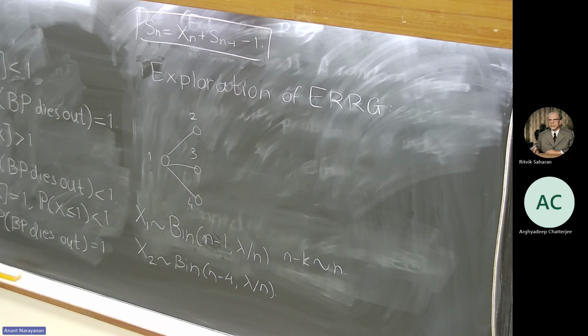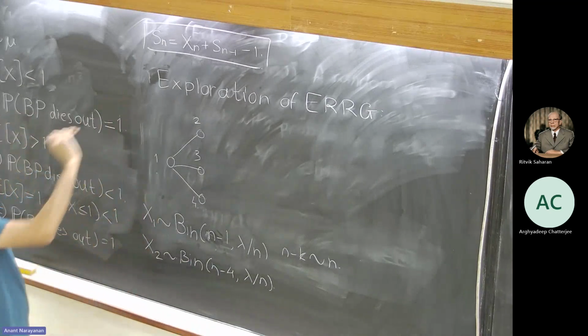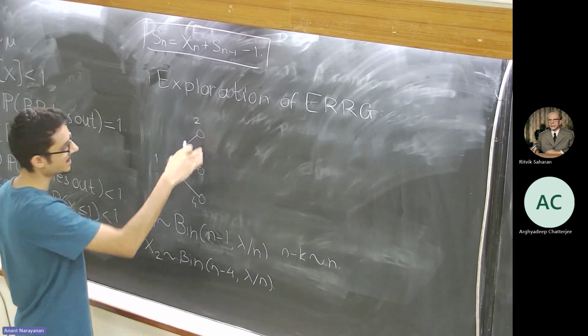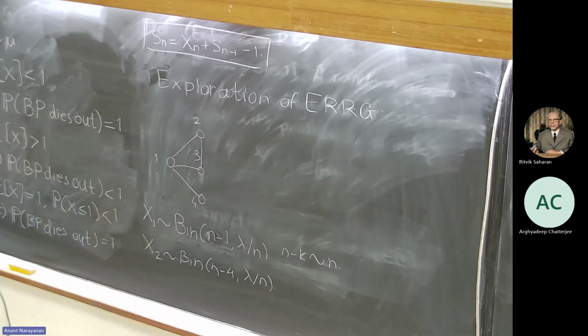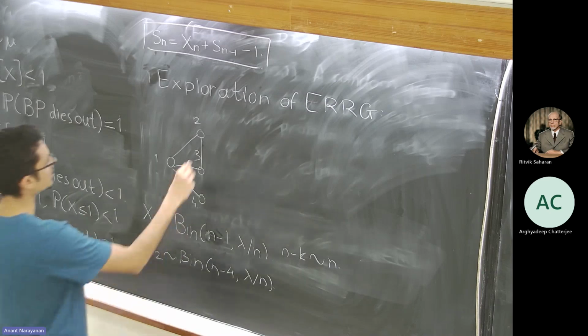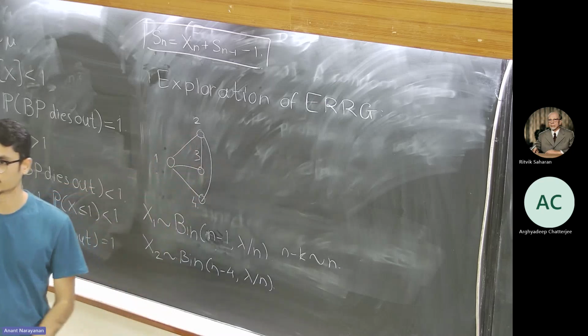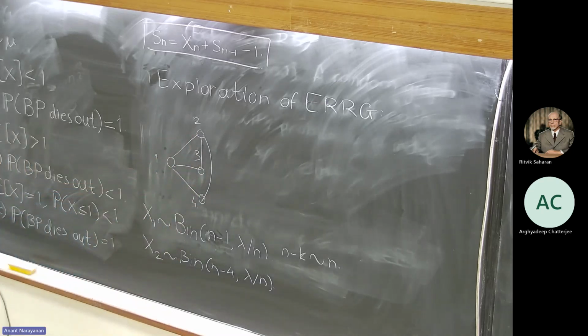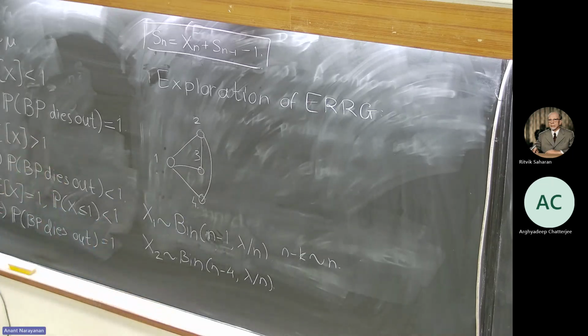What I mean is that what I want to keep track of is the number of children. Let's say there exists an edge between 2 and 3. It won't really affect the size of the component because you have already explored it. You know it is in the component. Let's say there does exist an edge between 2 and 3 and 2 and 4. Once you have explored them from 1, these edges don't really matter because the size remains unchanged. You want to keep track of the size of the component, that is, the number of vertices. So you only want to know which new vertices are coming in. You don't care about edges between already explored vertices.